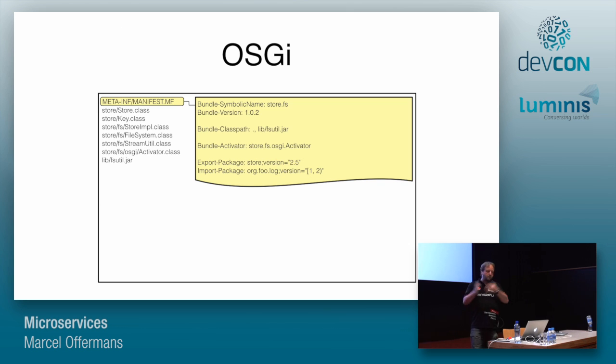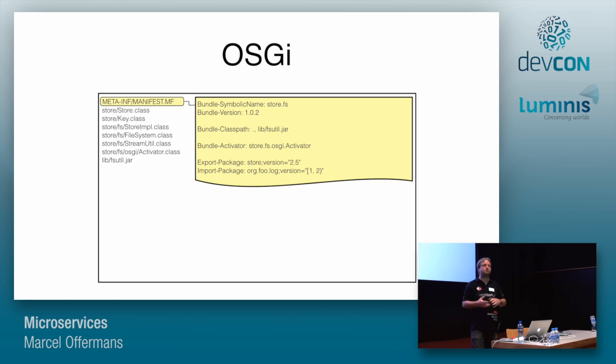So I talked about OSGI having bundles, and bundles are really just jar files. The only thing special about these jar files is that they have some kind of metadata in the bundle manifest. And that metadata tells the OSGI container how to actually run the bundle. So there's some stuff in there that tells you about the name of the bundle. You can specify a version. And, what's more important for a developer, there's also a way of specifying sort of a starting point,